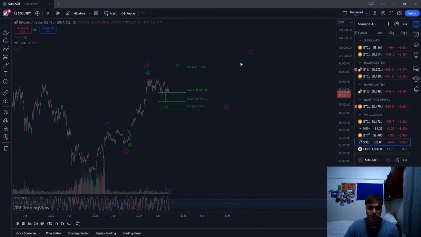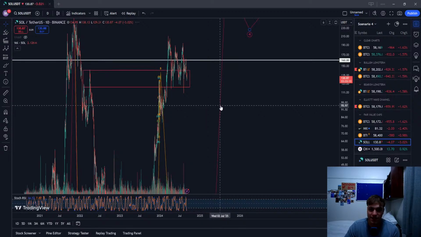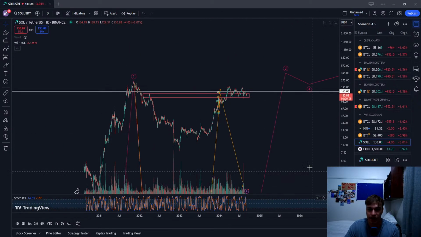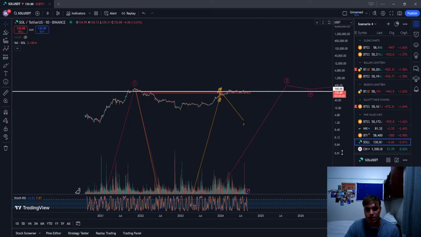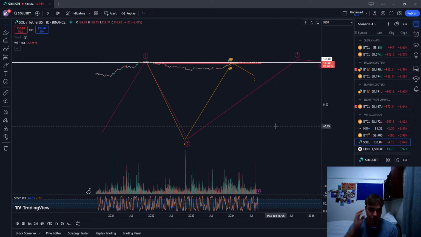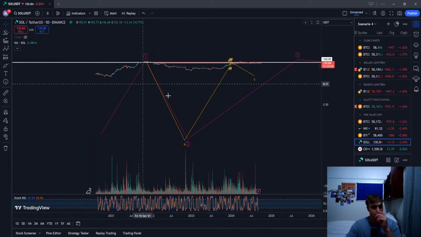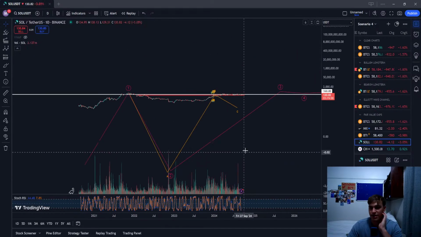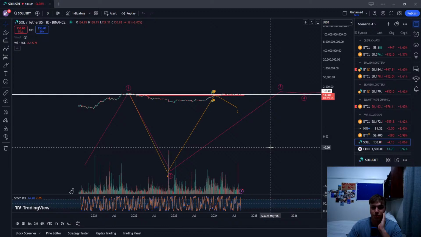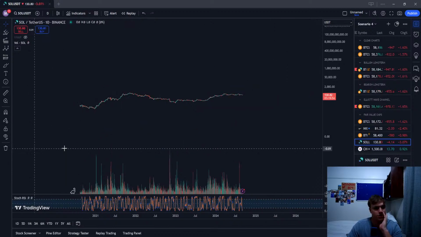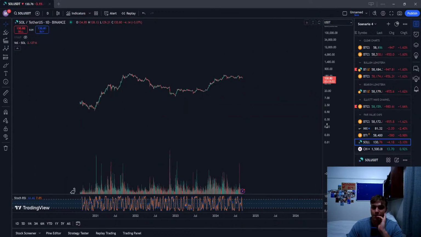I mean, you can see here the Sol chart. I did a little bit of Elliott Wave here, but this was so long ago. These structures, I mean, look at that. This is long term though, but still, I was tracking an A. I don't even know what this is. Let me delete this.